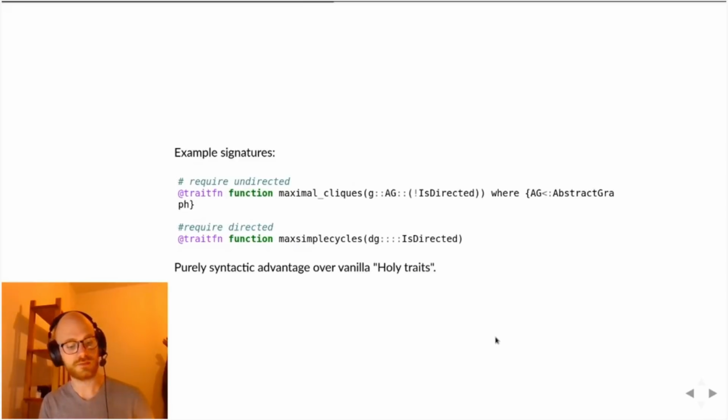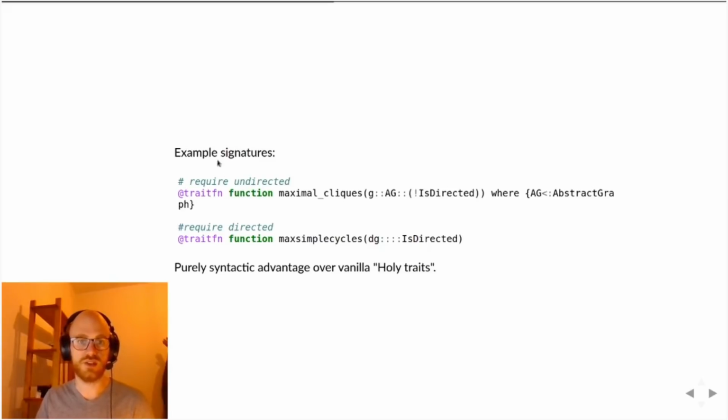Right. And finally, the third phase is again using this trait in our algorithms afterward. And so here, instead of having these two levels of dispatch that we had for the integer example, we are using this trait fn function, which specifies that this will be a function that uses the trait system, and so it dispatches not only on a graph type, so here AG has to be an abstract graph, but it also dispatches with this special syntax on the directedness, and so on the not is directed of